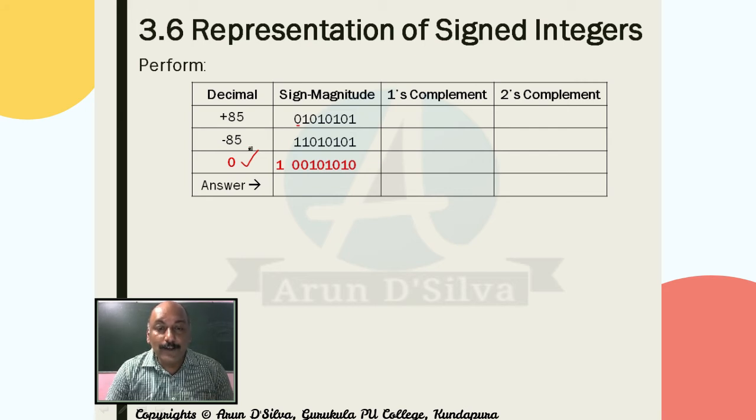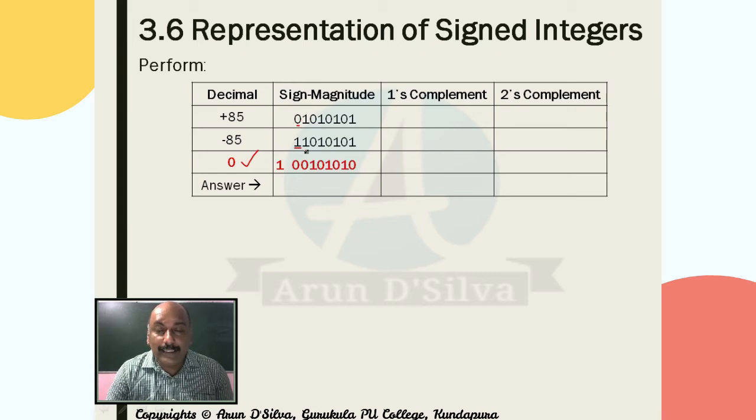So minus 85 in sign magnitude: the start bit is 1, so it represents a negative number, and the rest is as it is, 1 0 1 0 1 0 1. If you add them together,